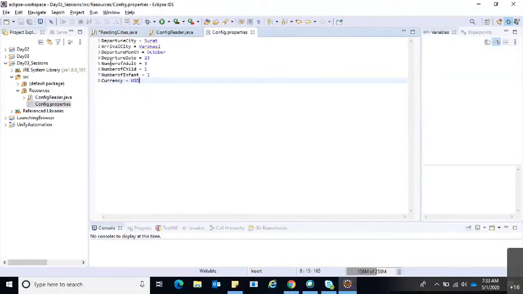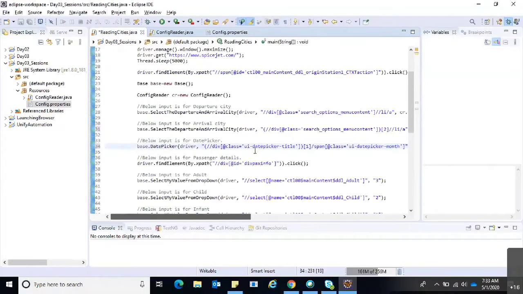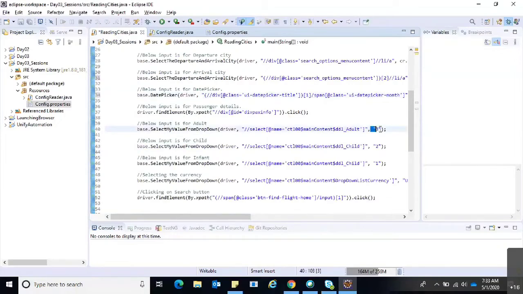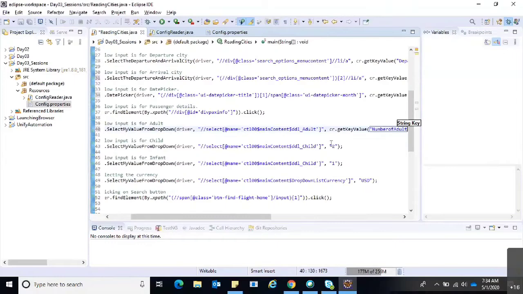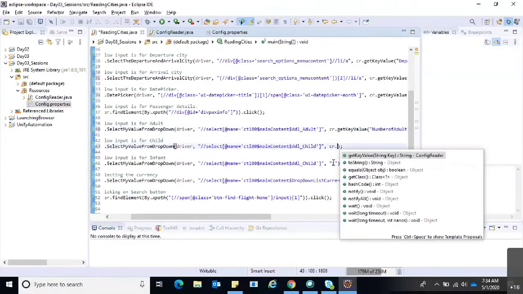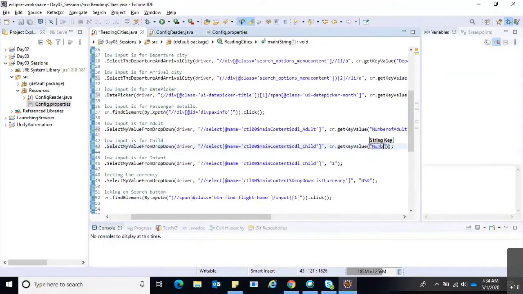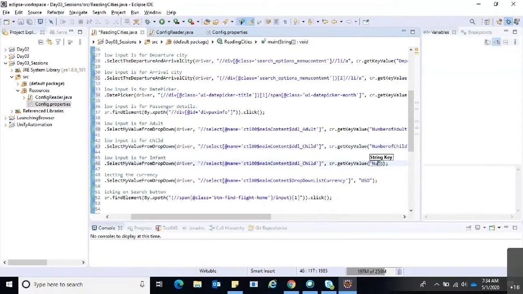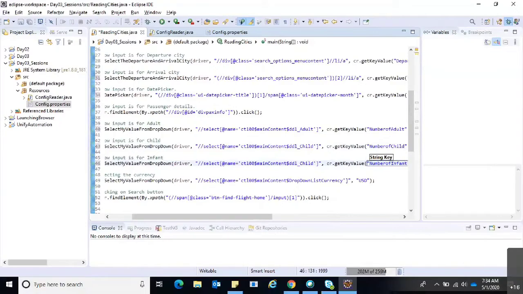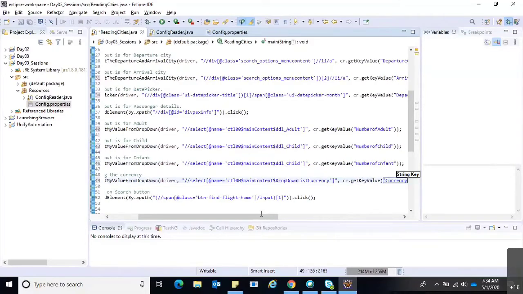Number of adults, number of children: here dot getKeyValue, number of adult, here dot getKeyValue, number of child, here dot getKeyValue, number of infant, and that is currency. Okay, hope I am clear.